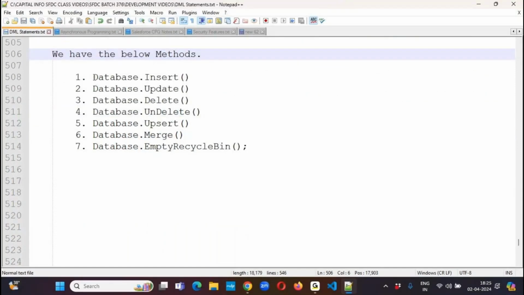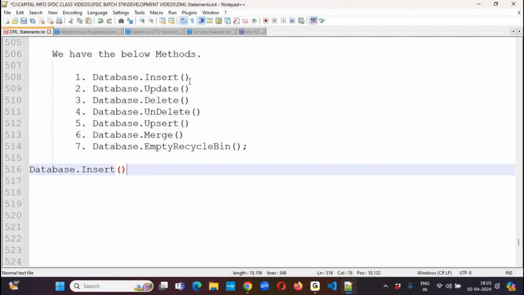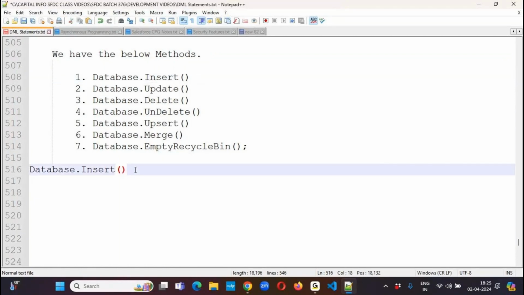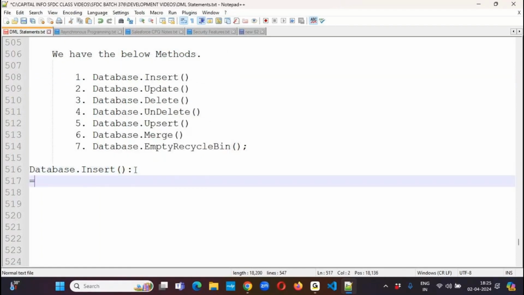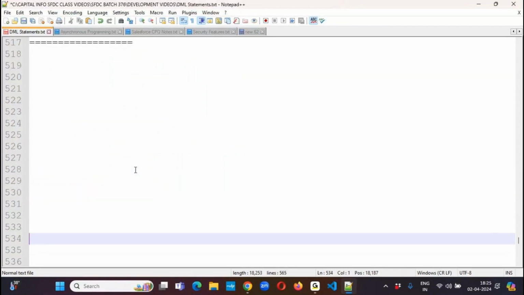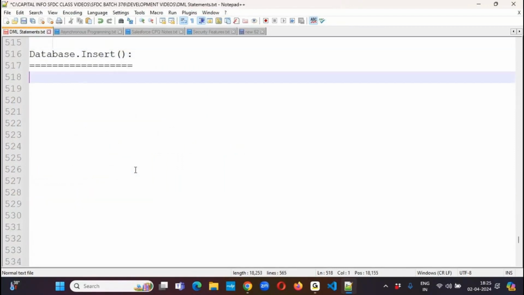Now let's see the first method. I will show you one method here, how to implement. The remaining will be in a similar fashion. We need to implement the database dot insert method. What do you mean by this database dot insert method? What can we do? What is the use of this insert method? We can insert the record, one record or